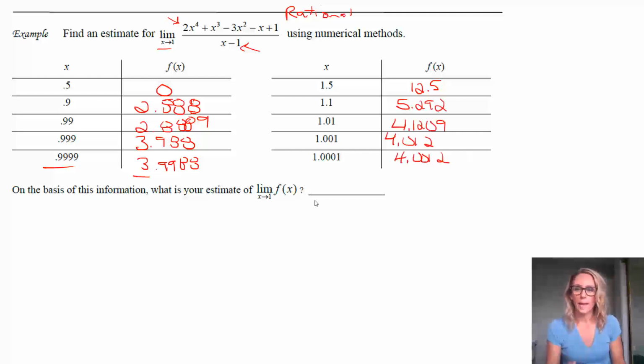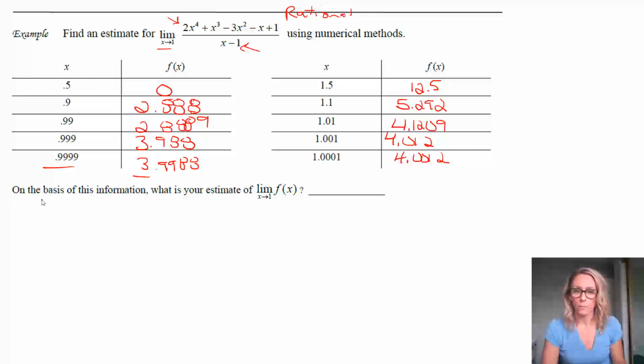And as you can see, again, it takes a bit more time, but it does look like we're getting close to a certain value. And of course, we could put in 0.99999 or 1.00001. We could get infinitely close to 1. And hopefully what we would see then, of course, is getting closer and closer to some certain value.